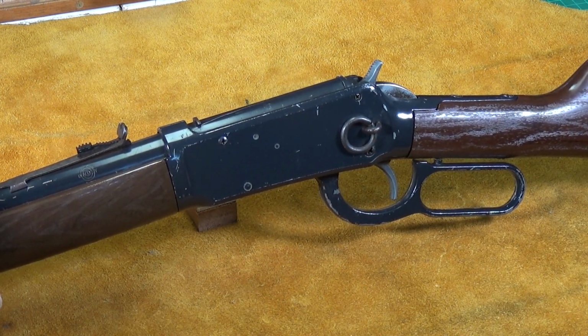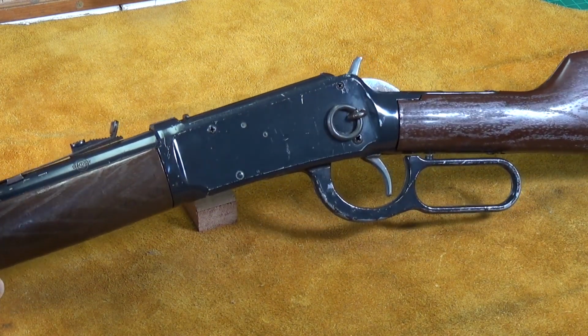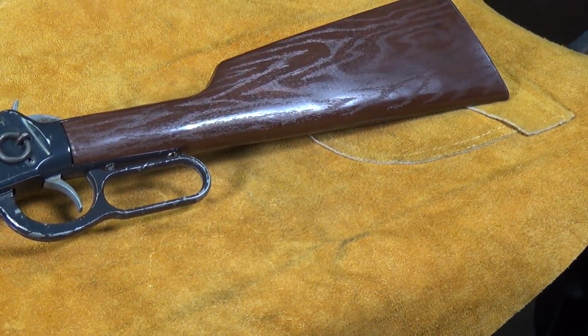Obviously the Red Ryder doesn't have a hammer, and that is in fact part of the gun's safety, and I'll explain how that works in a minute. So we'll just whiz down to the end there, and there is the rather nice